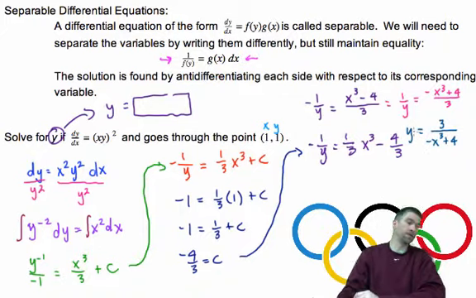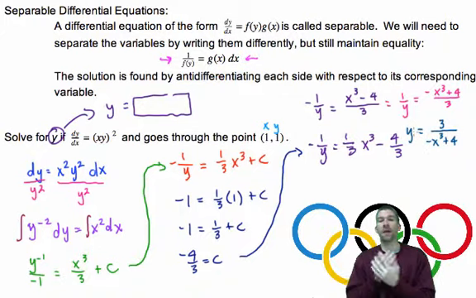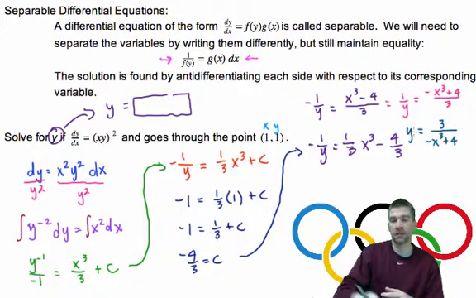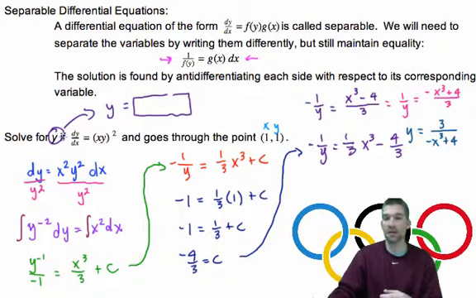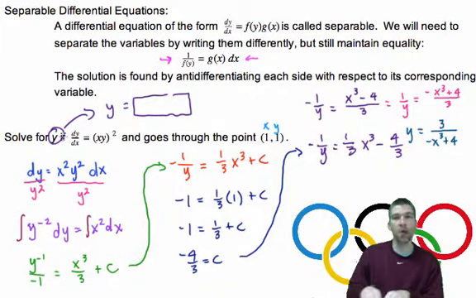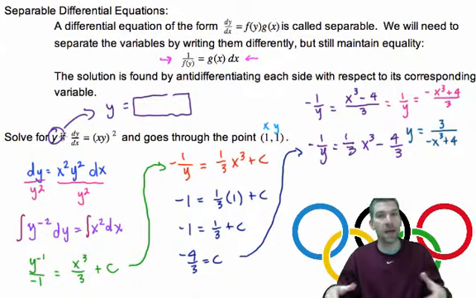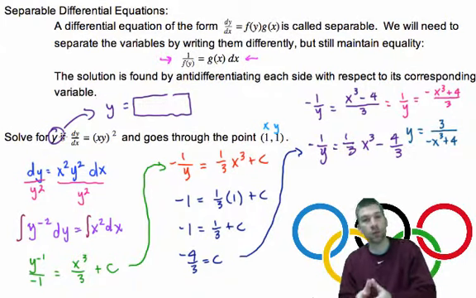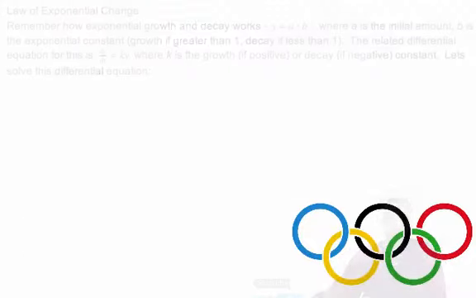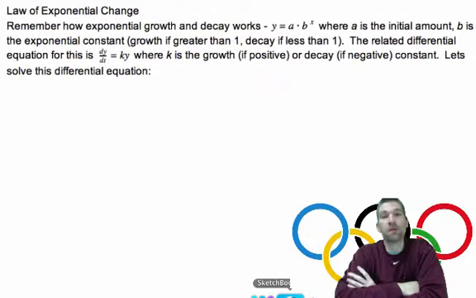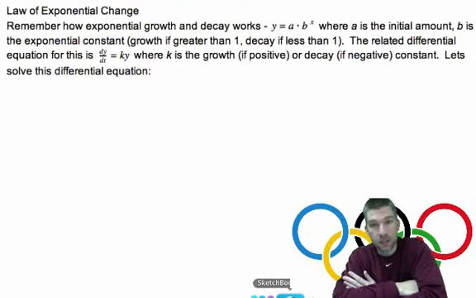So anyway, that's how that guy would look. That's how separation of variables looks. It's a few steps here, but it's totally doable. You just got to get the y and x together on their own sides of the equation, integrate, and then make it just say y equals. All right? All right, so let's talk about how separation of variables works with our differential equations,